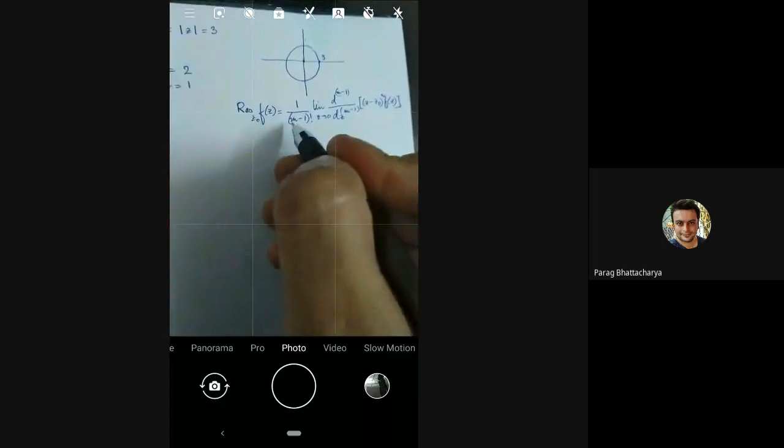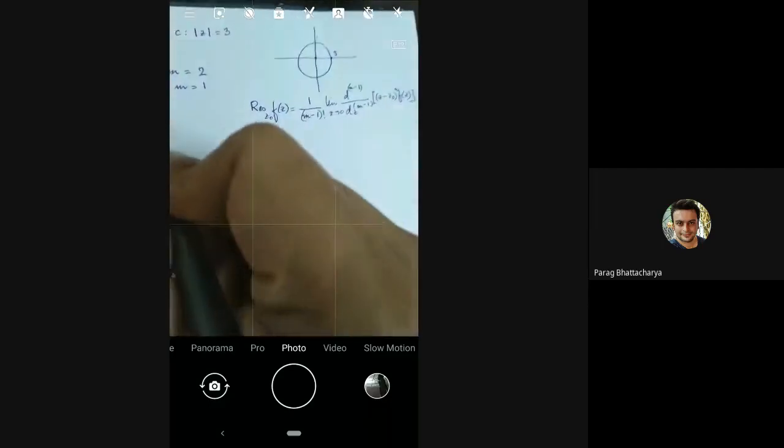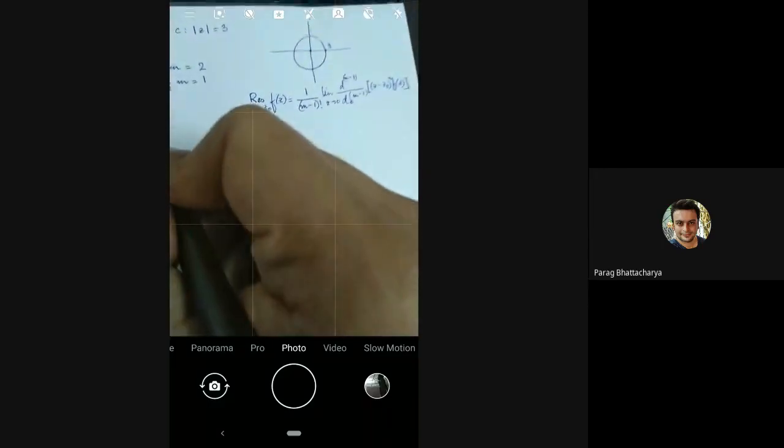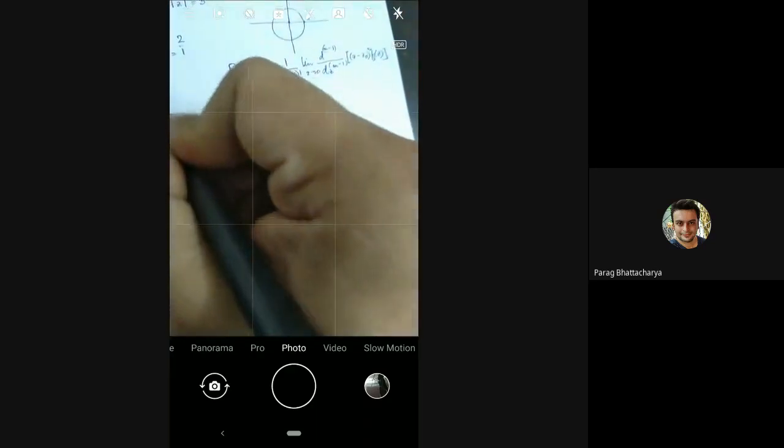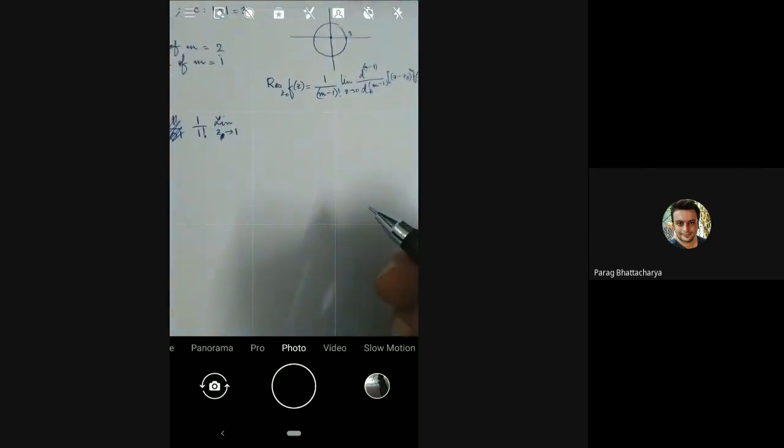Sorry, m is equal to 2. So 1 by (2 minus 1) factorial, which is 1 by 1 factorial. Then the limit as z tends to 1 of